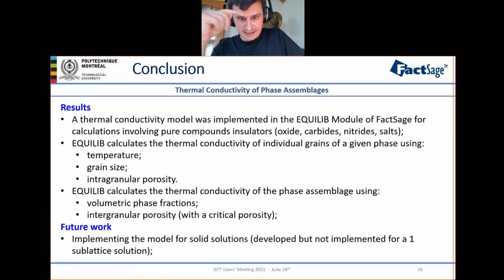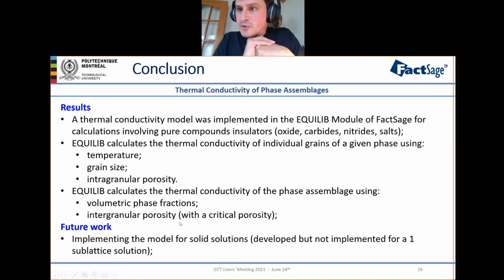This is stored in the t-thermosystem result INI file that I showed to you. It's using volumetric phase fraction and intergranular porosity and the EMT approach of Landauer, 1952. We're still working on this. We are implementing the impact of solid solutions. We already developed